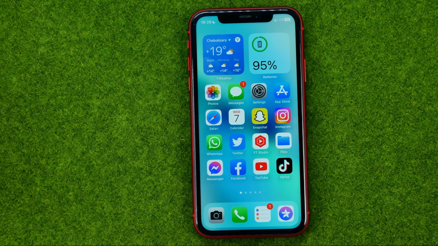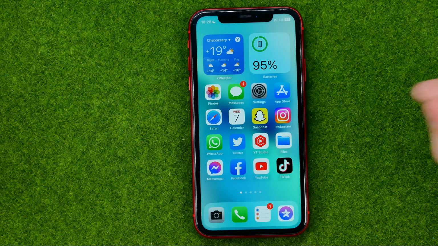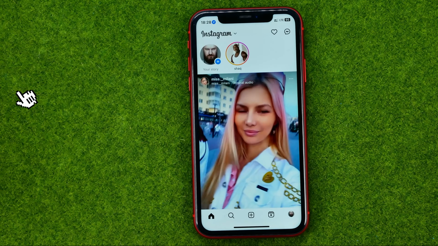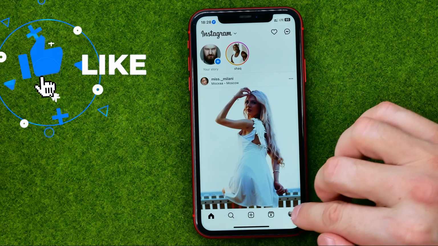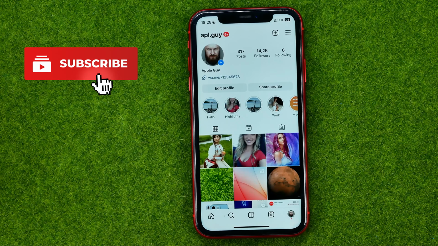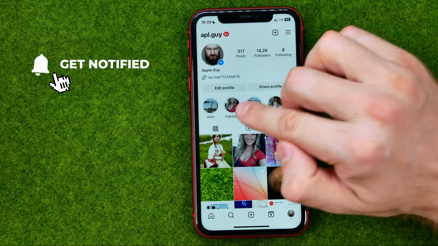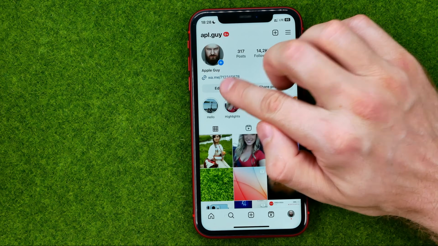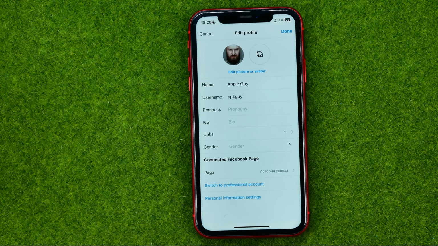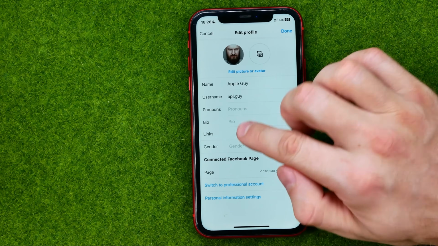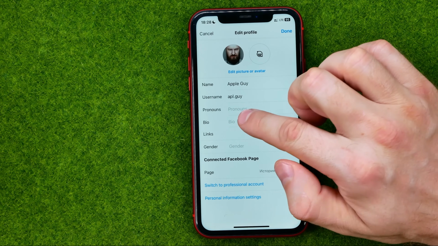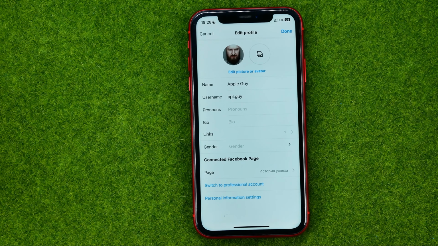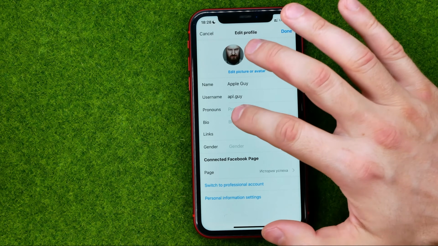So let's get started, and first off, open up the Instagram app and then just go to your profile. Once you've done that, right here you will find the edit profile button, and if you tap on it, on the next step you can easily find this bio option, and we can add, change or edit that bio simply by